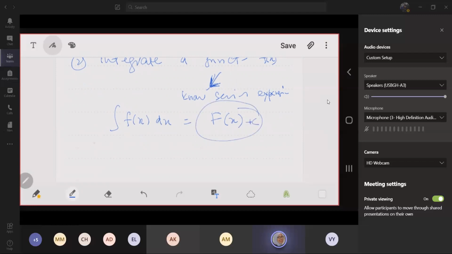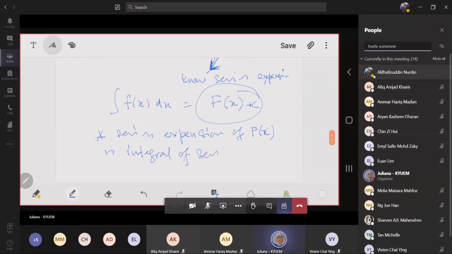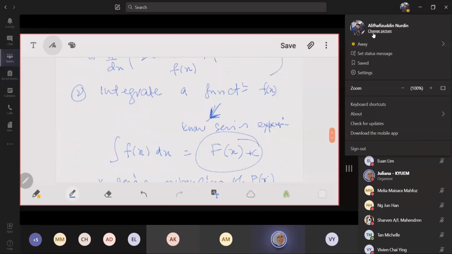So they ask you to find the series expansion of the integral. The series expansion of the integral of f of x is the integral of the series expansion of f of x. So this is another thing that you should know in